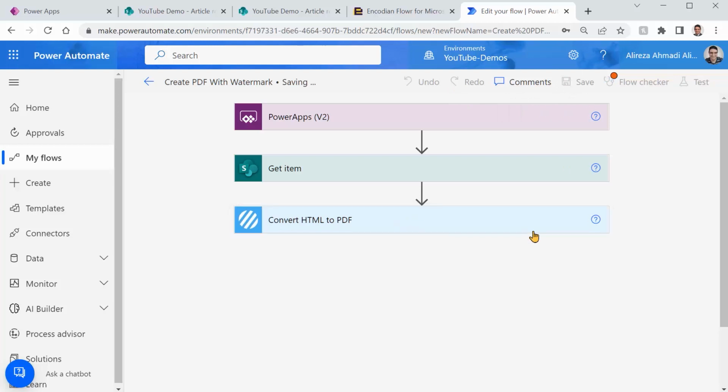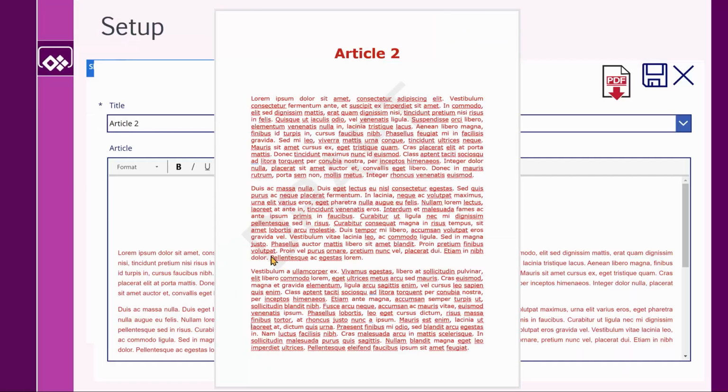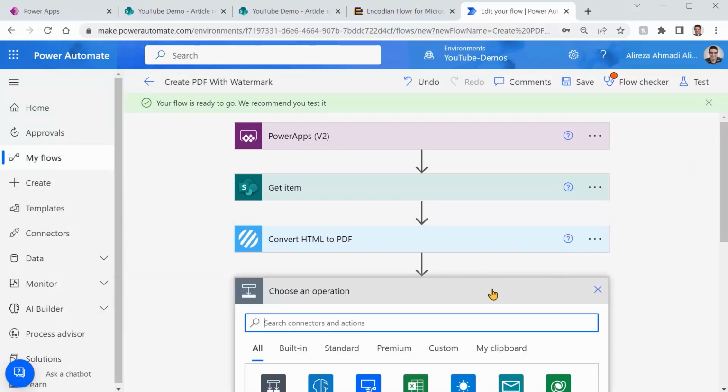But this is not all we need. We need a little bit more than that. Remember this watermark? We need to produce that. We need to get the status and put it as watermark. We are lucky because Encodian has another component. Let me pick Encodian here,